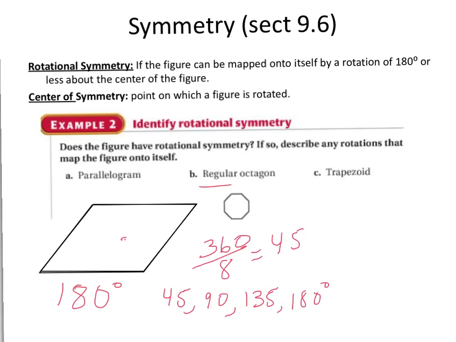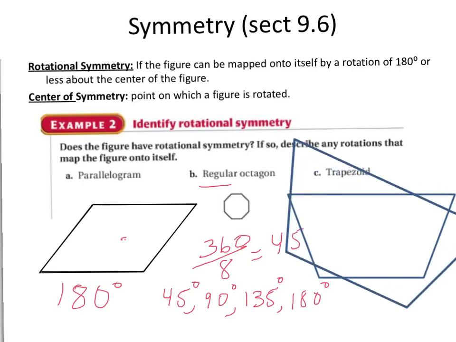So this time, there are 4 different places that it would line up. When I turn the regular octagon, it would line up with the original octagon at 45 degrees, 90 degrees, 135 degrees, and 180 degrees. So now I have my trapezoid, so I'm going to start turning my trapezoid, and when